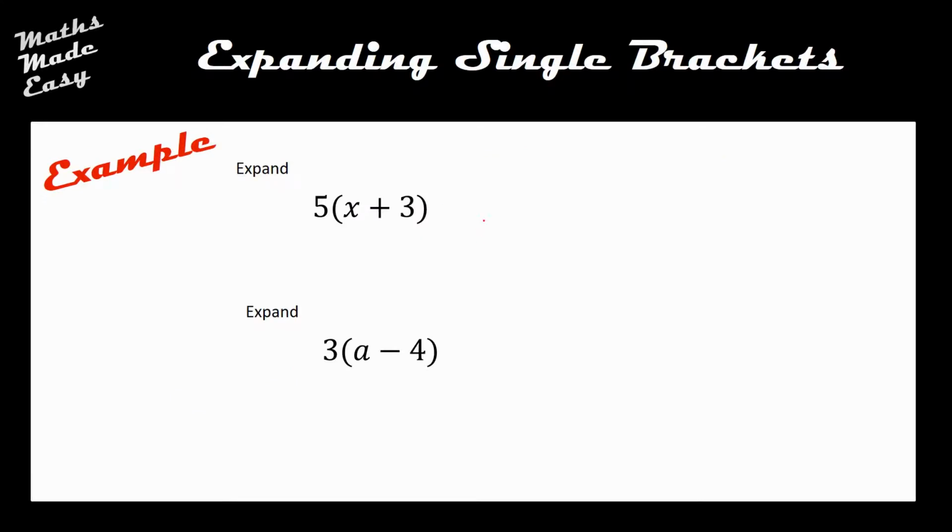Okay, so looking at these two examples then, in the first one, this is the question that I had at the very start of the video. I've got 5 on the outside and I'm going to need to multiply it by x and also plus 3. Remember to keep your plus sign with the 3. Similarly down here, we're going to need to remember that this is a negative 4 so that we don't get any issues with signs. So 5 times x equals 5x, and 5 times positive 3 equals positive 15,